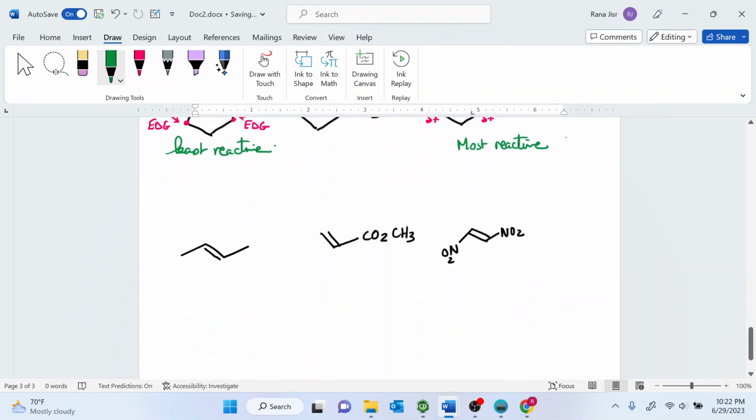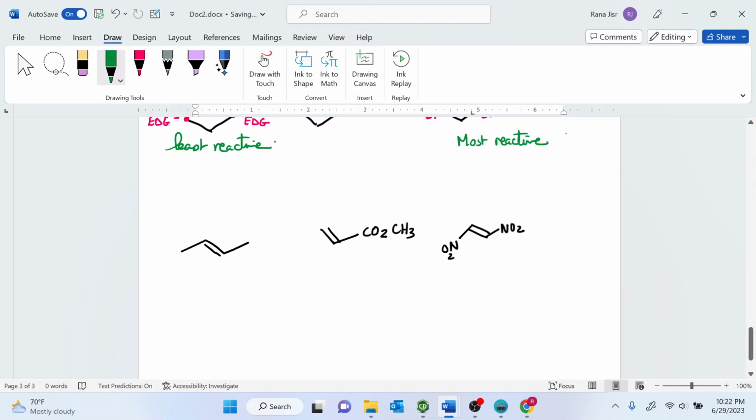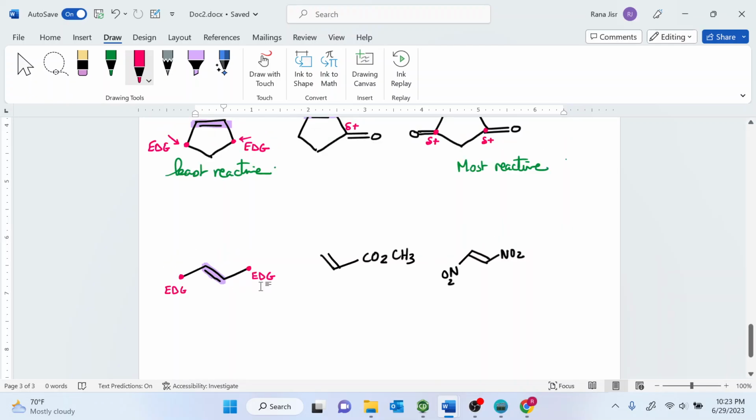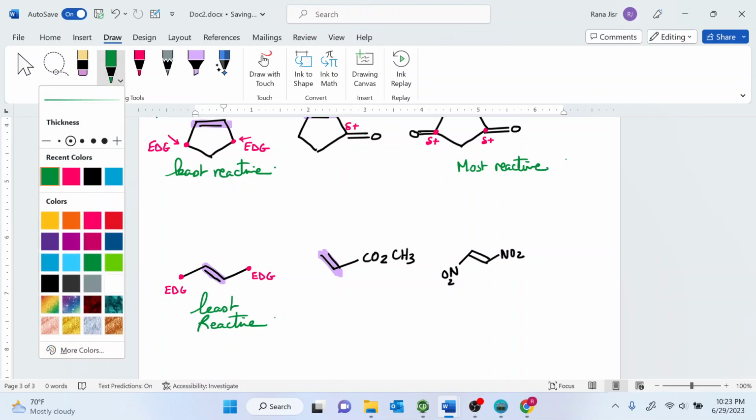Okay, let's have another example over here. So locate your dienophile. Your dienophile has two carbons, sp3 hybrid carbons on it. These are both electron donating groups. The more electron donating groups, the less reactive the dienophile is. So we're expecting this one to be the least reactive because it does have two electron donating groups on it. This dienophile has one carbonyl next to it. So if I want to draw it,